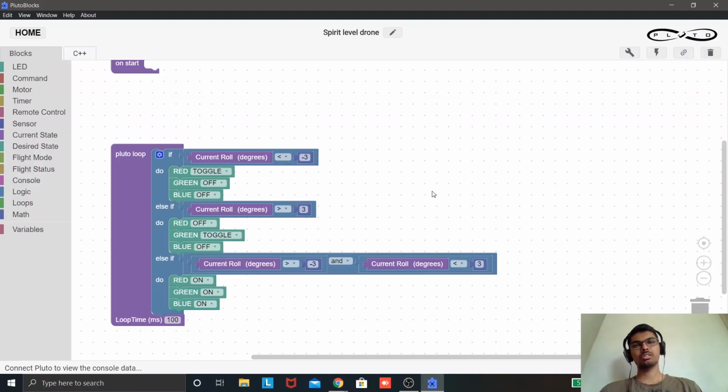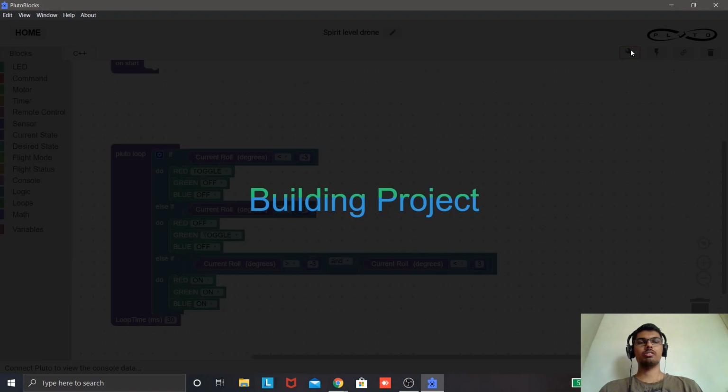Now coming back to our project, I would like to make a very small change, but a very significant change. If you remember the loop time that we had talked about, we are going to change this to 30 milliseconds. And now again we will build and flash this project, and we will see how this loop time affects the blinking of the LED.